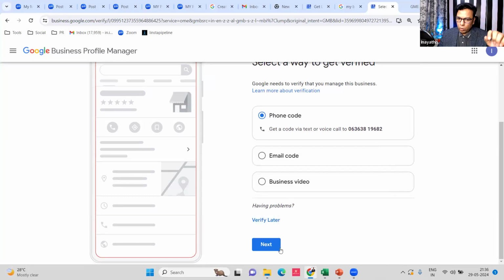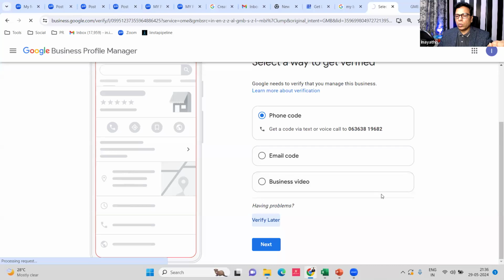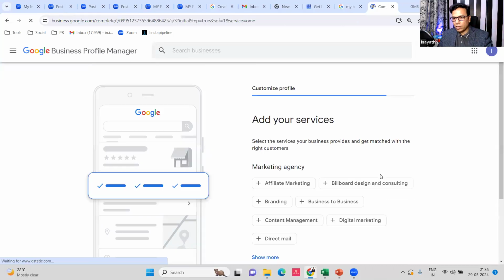Now what I will do, I will not verify right now. I will go next, verify later. So now, if you want to verify, you need to click on that. You continue, making that, do you verify later? Okay. So now what is happening is that, let's say if you click on the next, it will get verified once